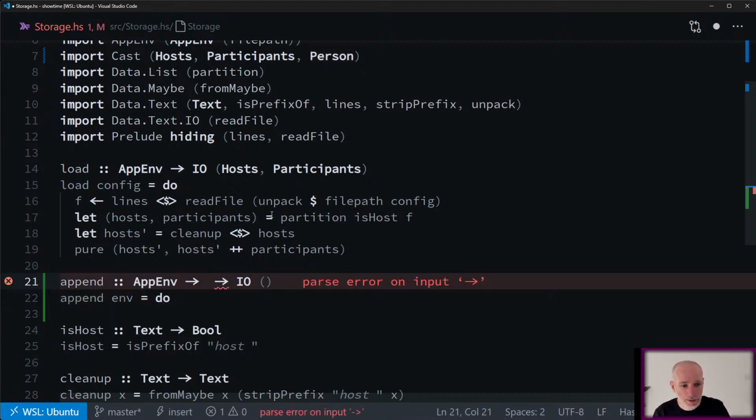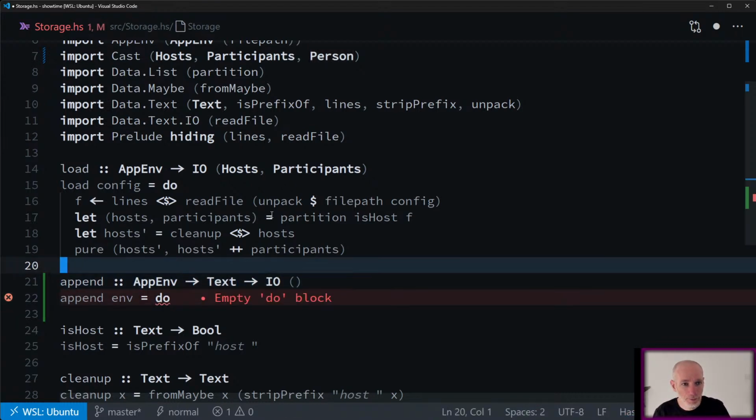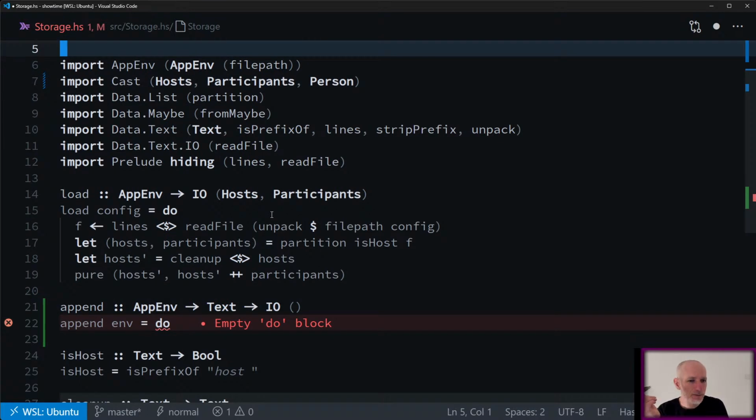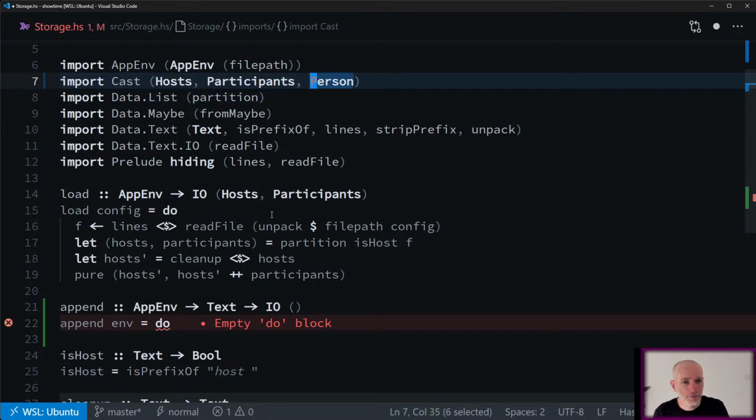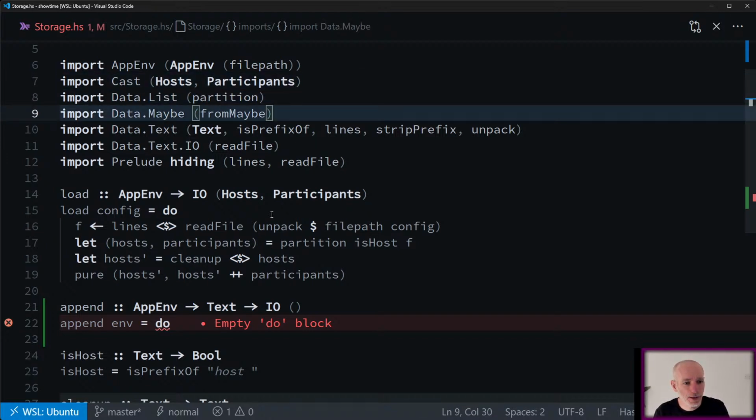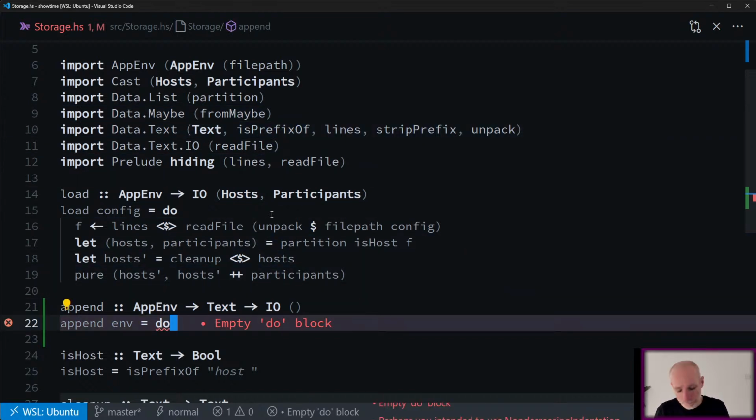This is really just text because they're already prefixed with host. But maybe I don't want to do that. Actually, I'll do it like that initially, and then I'll come back and fix this up a bit with new types and a proper data type, so a person can either be a host or a participant. But for now, we'll just add X to this file, basically.